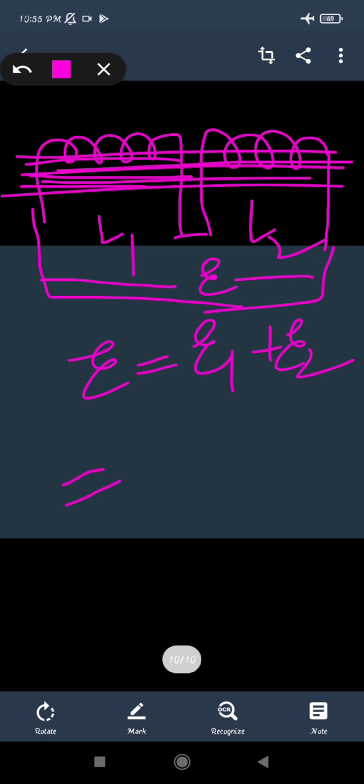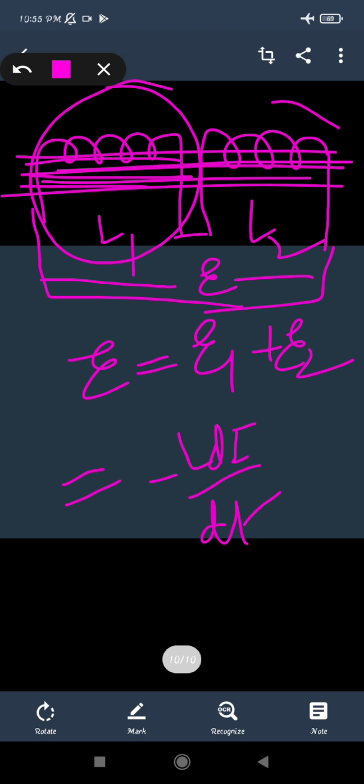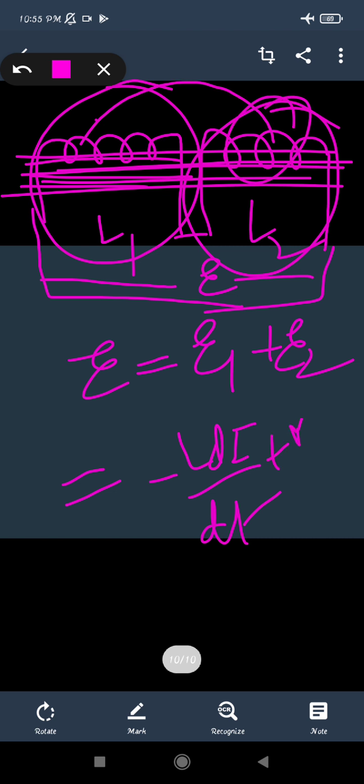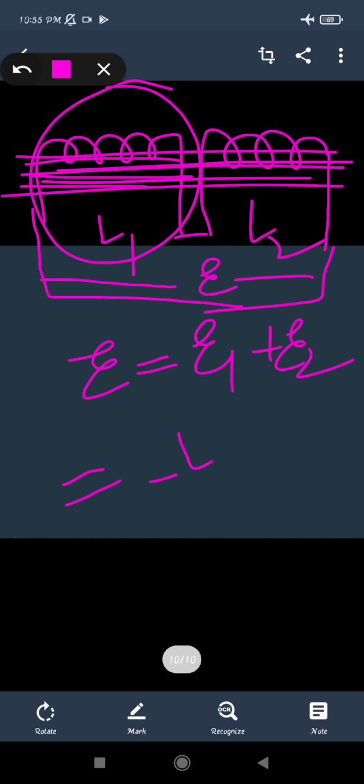And what we know is that if coil 1 has the self inductance L1, then the EMF will be L1 di by dt. But if we talk about the second coil, L2, then the EMF induced due to the first coil in the second coil will be M di by dt. So it is the sum total of both the coils. The negative sign shows that both the self and the mutual are opposing the applied EMF. Okay.